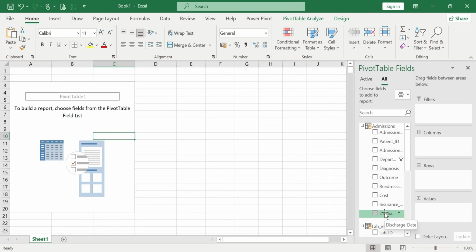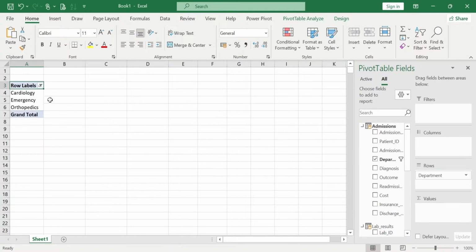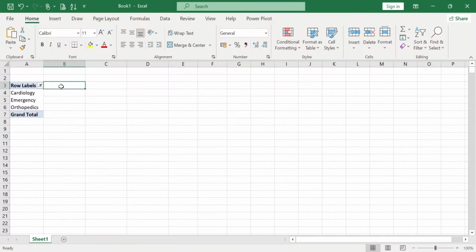The other one is also deceased. So we would actually want to identify the different counts of outcomes by departments. So what you have to do is to drag the department into the rows, just like that. After dragging the department into the rows, remember when it comes to the outcomes, we have the deceased, we